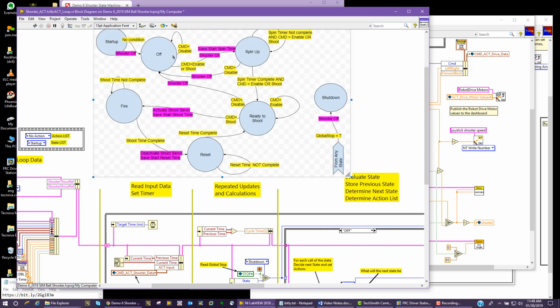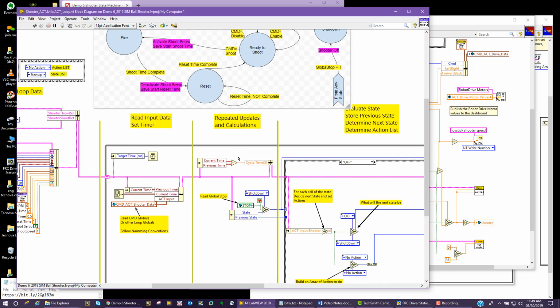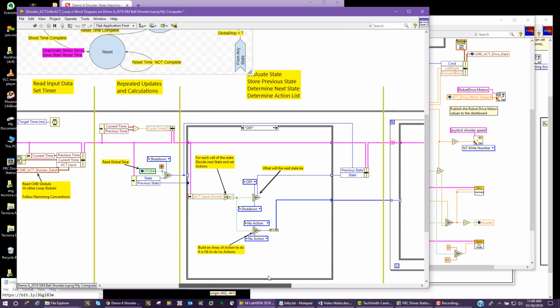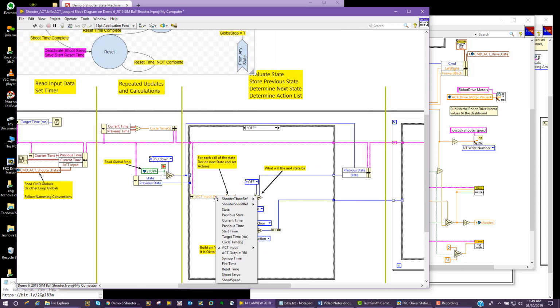We're looking at the command. The command enable, shoot, or disable all give us routes to take in new states to go to and actions to call when we see those conditions. But so we need to look at our command variable coming in off our global, our actuator input command,